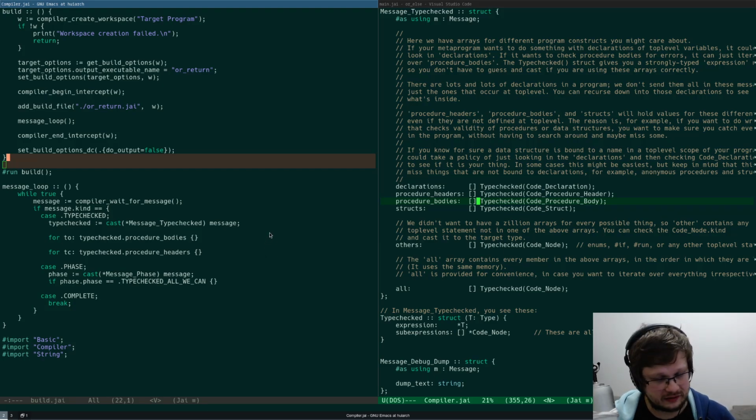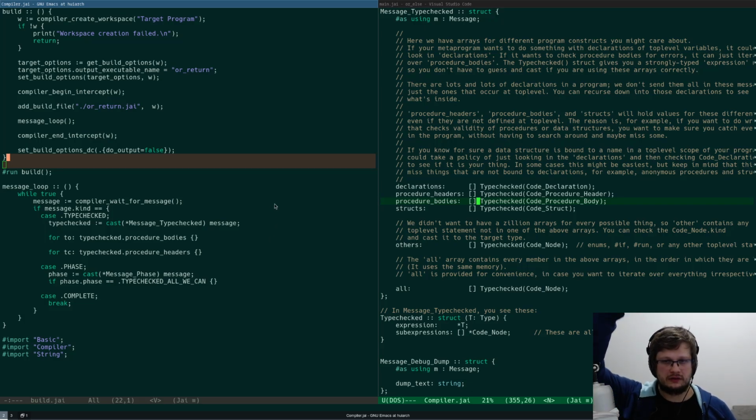What do we need here? So I imagine we get procedure header, right? So we get procedure header that is foo1. After that, we get a message of procedure body. Inside of this procedure body, we wait for procedure calls, right?